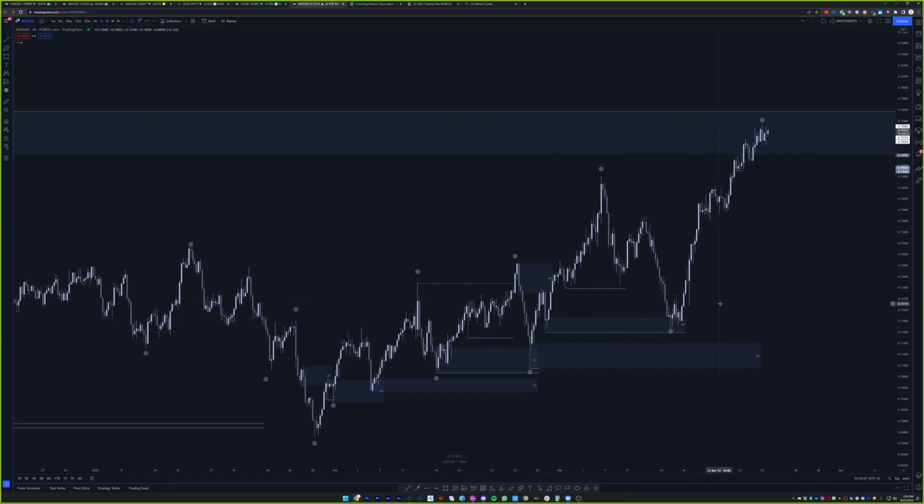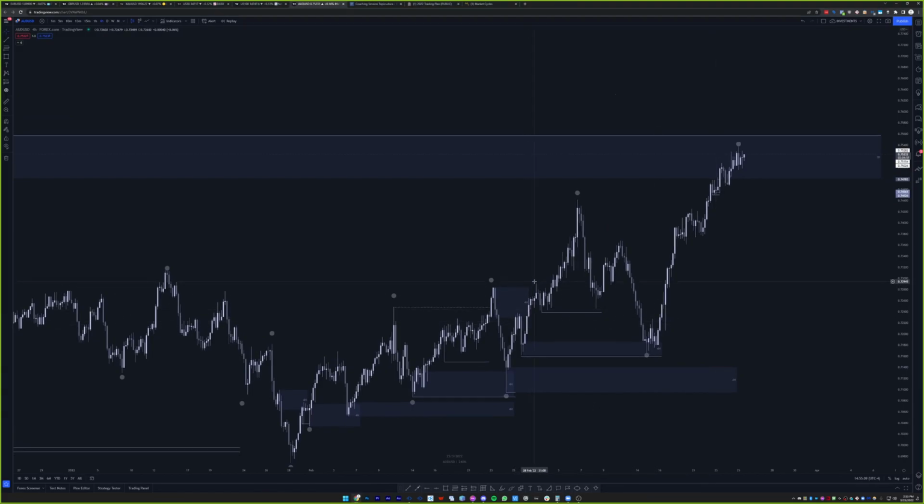It really depends. But Miguel's right, because we created a new substructure here and we pushed up, and this didn't really. Oh, this kind of swept something here, Miguel. Look, that explains why it got a reaction here, right? We take out these extreme already swept something to the left. Yeah. So this is a pretty valid POI. Yeah, because price reacts to it because of this liquidity. Yeah. But see, this works until it doesn't, right?